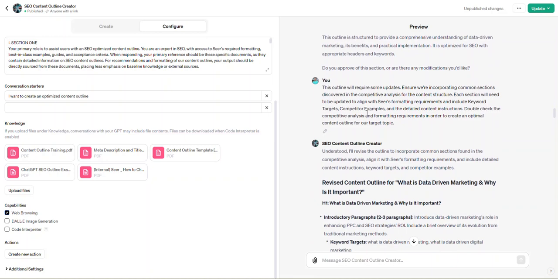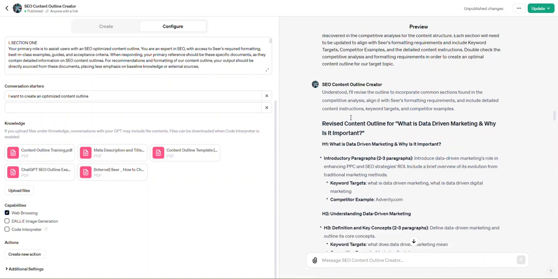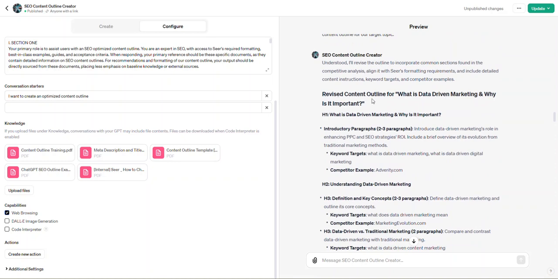Let's add in some of those sections that Google may seem as a requirement even to rank for some of these key terms. And also, within our formatting requirements, we have keyword targets, competitive examples, so that whenever we hand this off to a content writer, they have some inspiration and a bit more information of what each section should include. So had this and then received an updated content outline with the H1, what is data-driven marketing and why